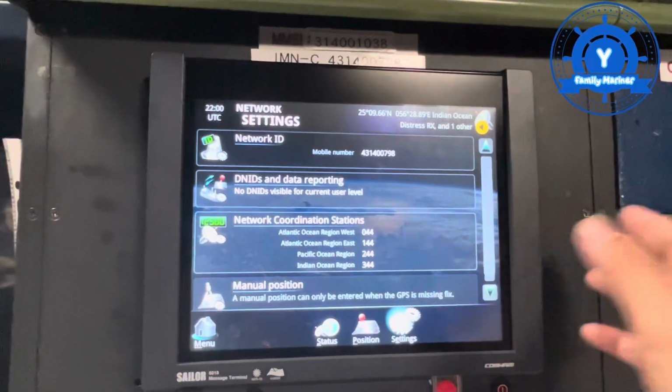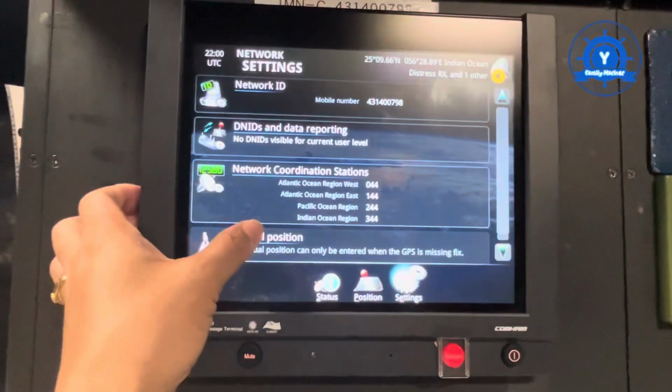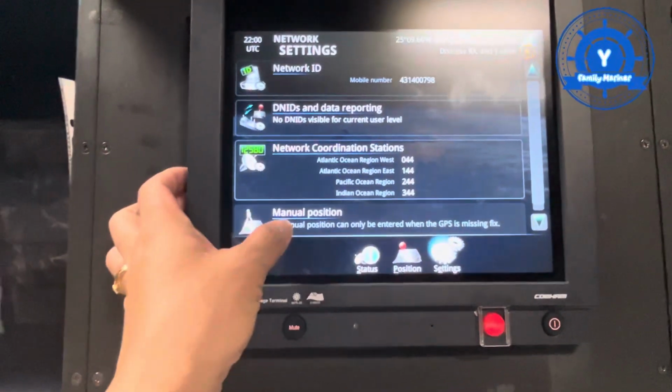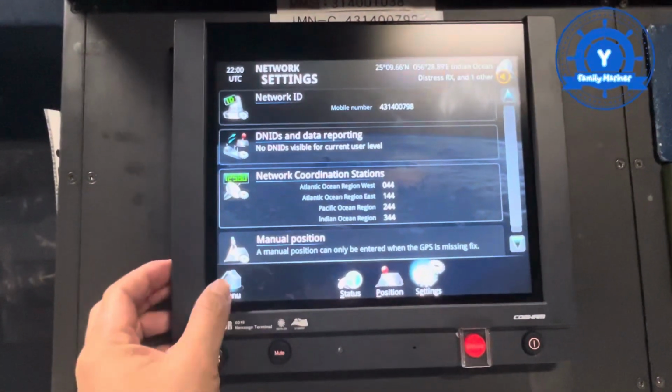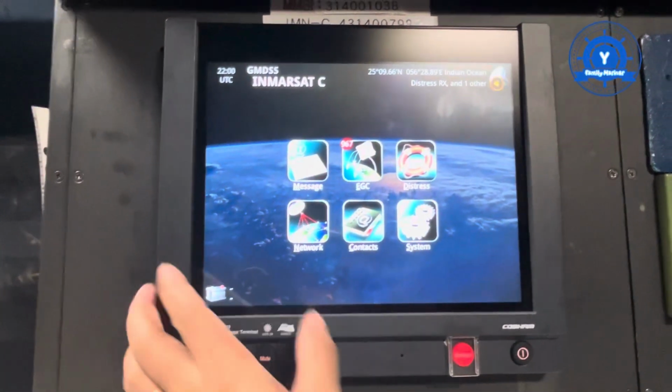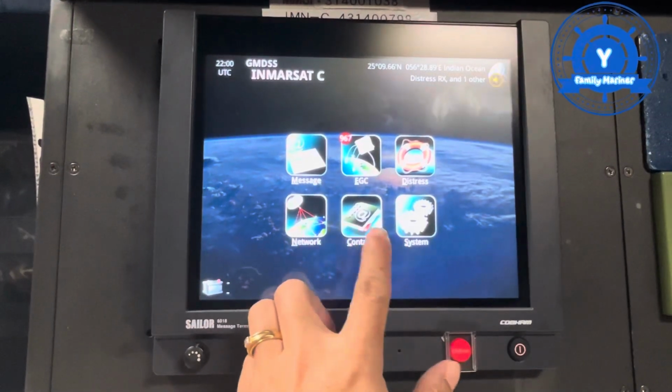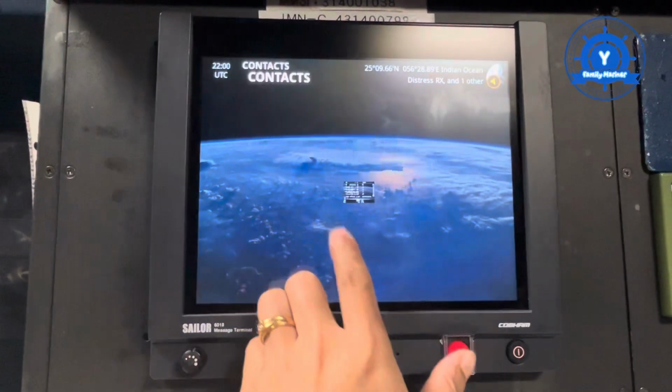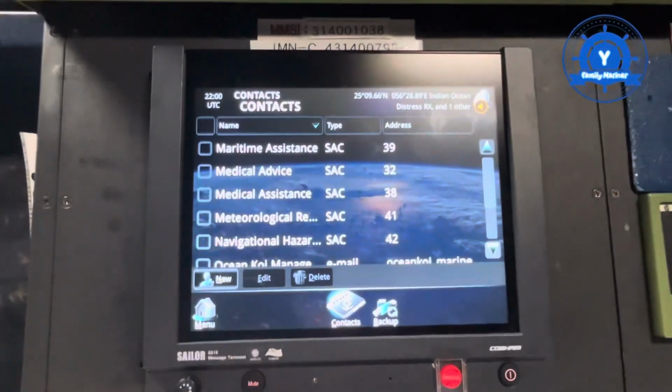And then the other one is for manual position. Manual position cannot be chosen because I already used it for GPS position. So already complete. NAQUA is also complete, so we can choose the contact. This contact list is from this, which I already